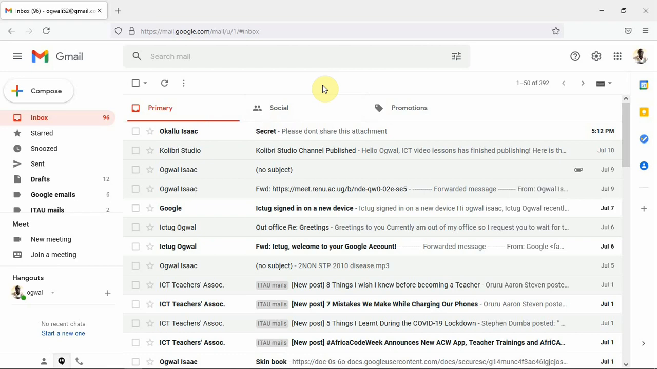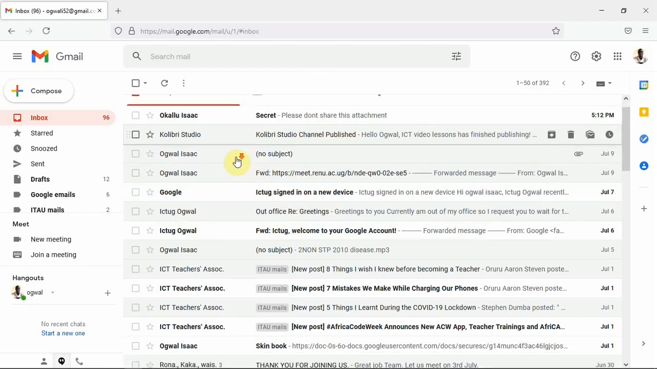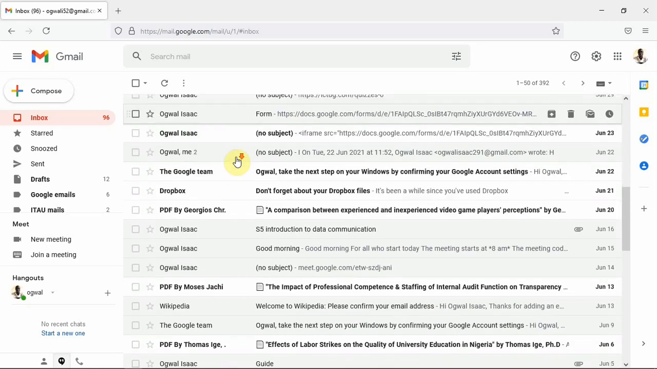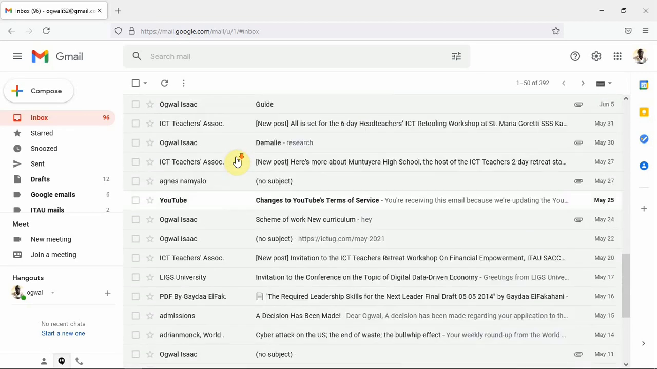What are labels used for? If you have labels created, you can easily organize the emails that you receive and make it very easy to access those emails. If you look on my screen, you realize that I have a lot of emails from different